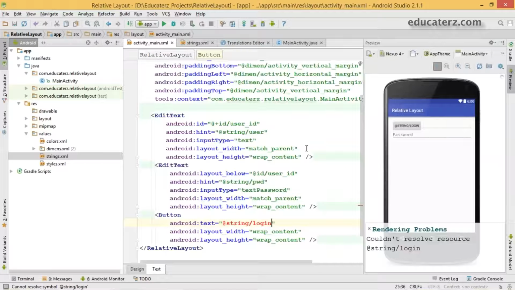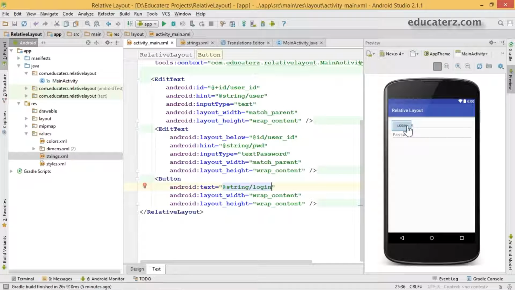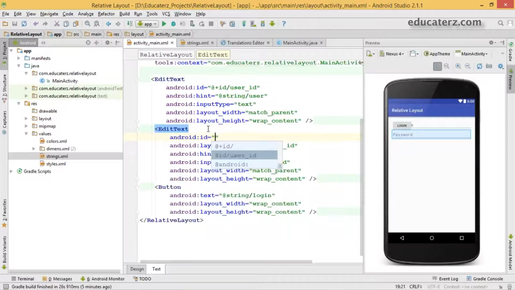So come back to your layout file. Now if you observe here in the preview, the button has moved to the top left corner because the default location for every child is the top left corner. So now I would like to place that below your password edit text. Did I create any ID for password? No. So now create an ID for this.